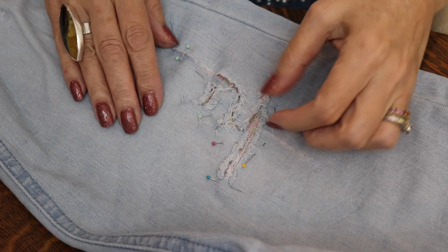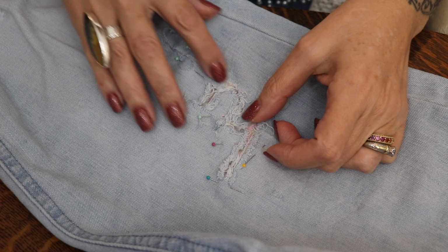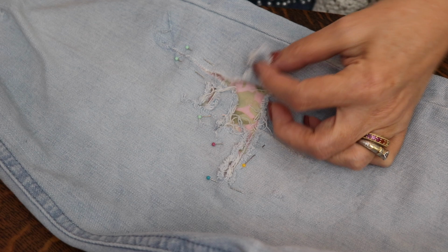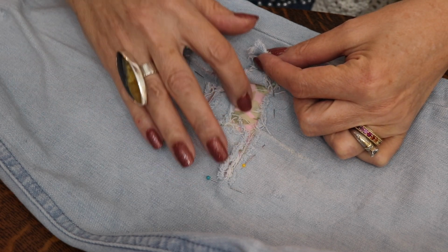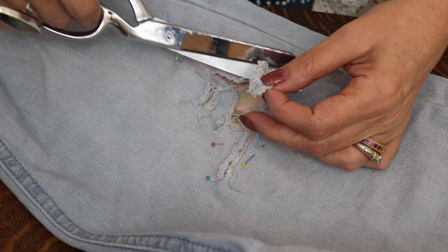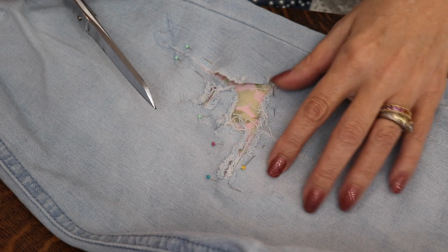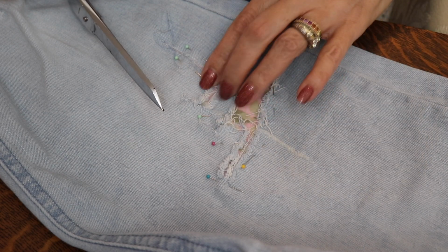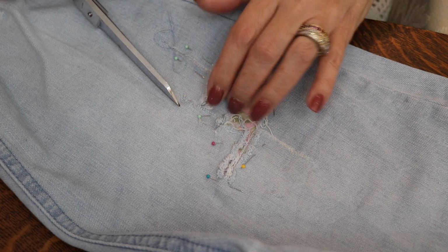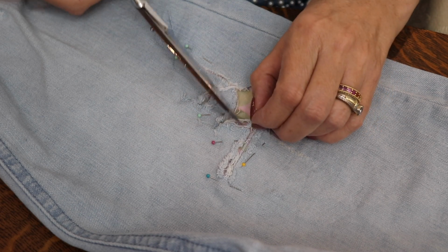Now I'm on the other leg and I'm noticing that there's this kind of Frankenstein looking pattern going on here that I'm not really feeling how this would look. And I think that would look better with this piece sticking out. So just to give you a little advice of what I do here is I am going to cut this kind of strange piece off because I don't like the way it looks and I think it actually looks better with the patch. And I sort of see this piece here, but I'm not sure whether I should just cut it or leave it. I think I'm going to leave it and just trim this up